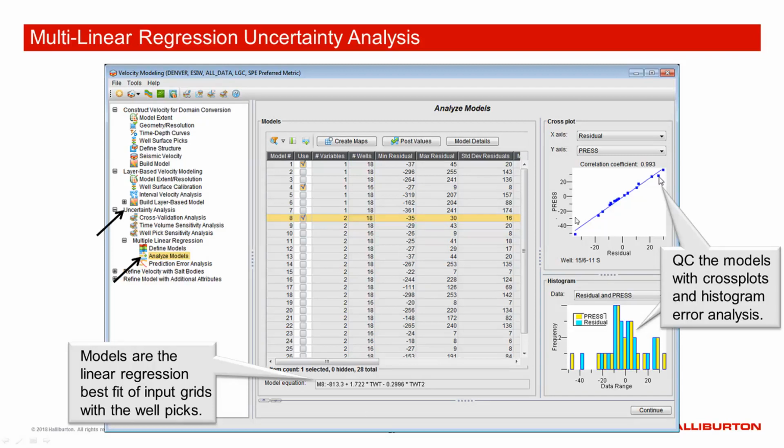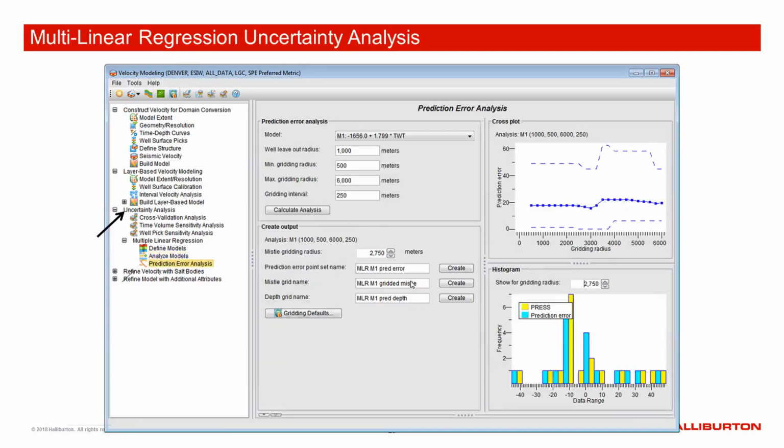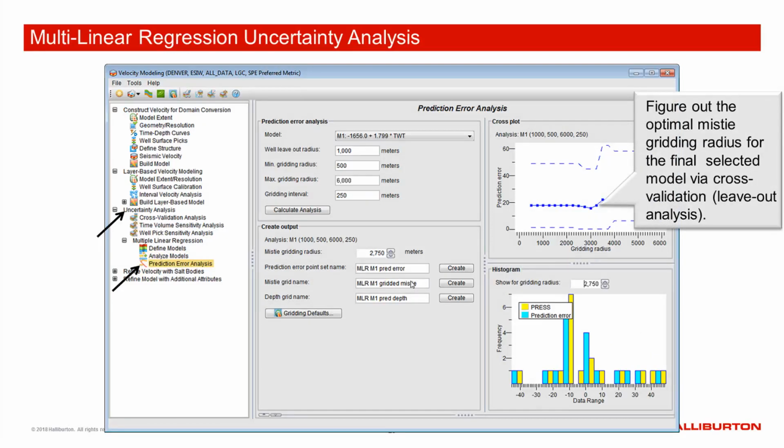Okay, so as I dynamically click through here, all these graphs update together, and we figure out what our best model is that best ties my wells. Now, once I've decided on the model to use, so it's a linear equation of a whole bunch of different surface grids or gravity grids or magnetic grids or whatever, then I can go through and do an additional analysis